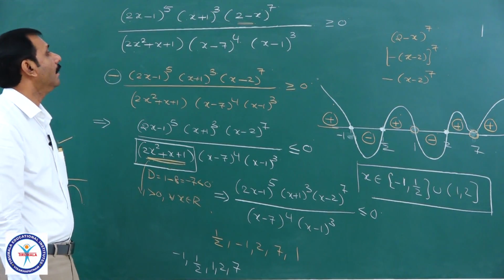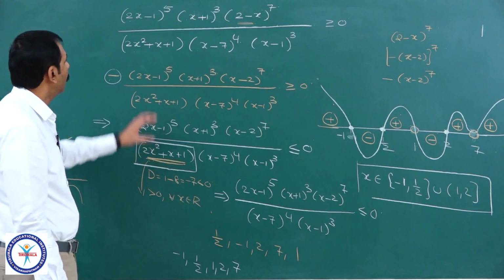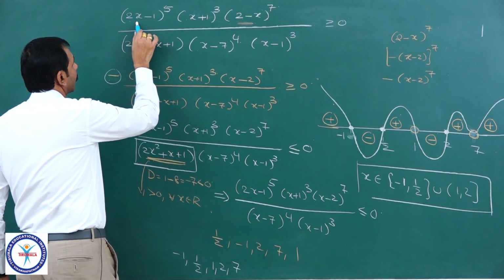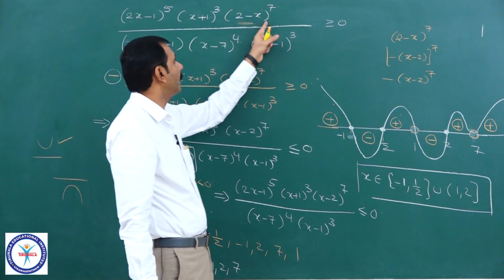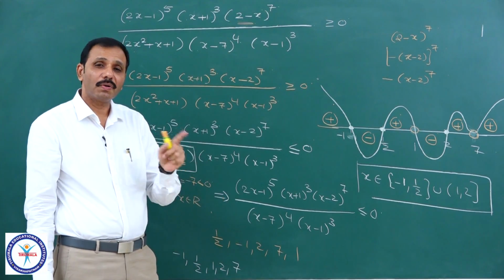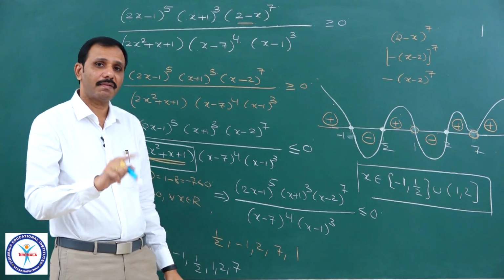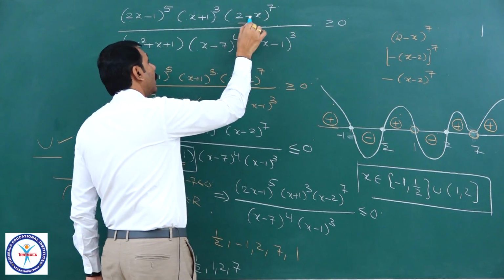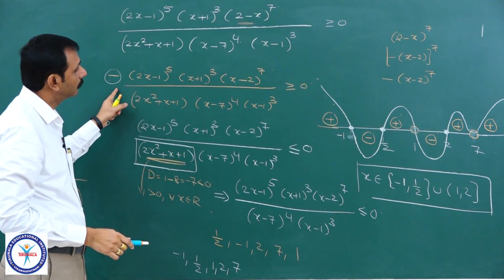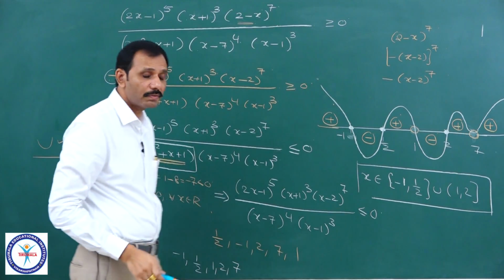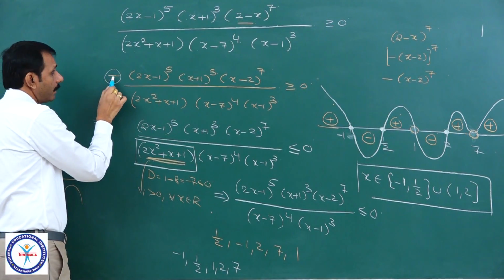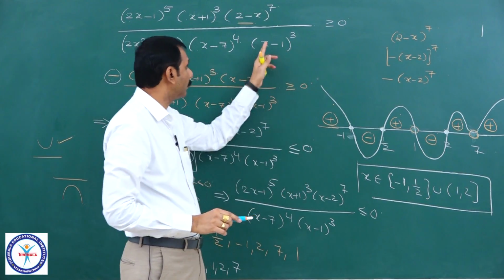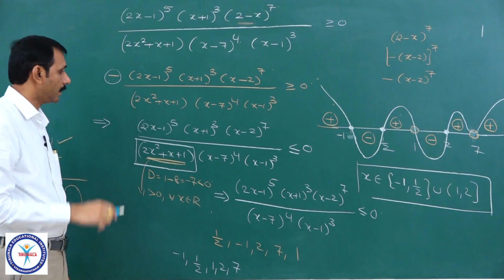See here what I have done. Observe. Here not all the factors are in the form x minus alpha; it is (2 minus x) whole power 7. To write that in standard form, meaning x minus alpha, x minus beta and so on, because an odd power is there, if I take minus common, that minus sign will come outside and it is greater than or equal to 0. Next, second step, I multiplied with the minus sign. Therefore, this greater than or equal to 0 has become less than or equal to 0. First step. Second step, linear, no problem.